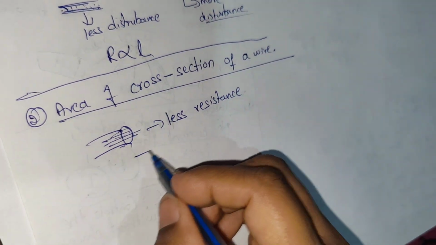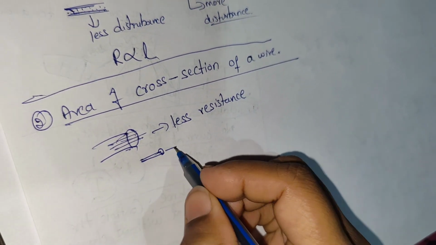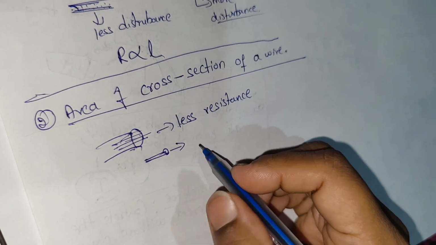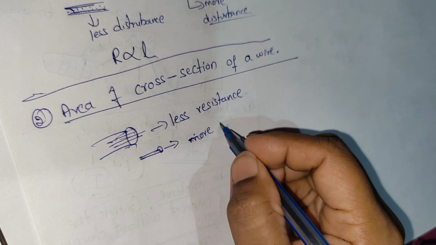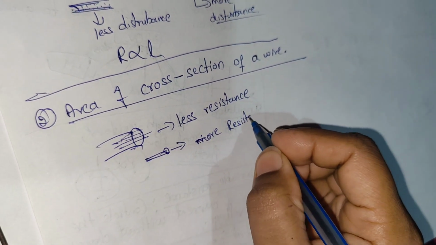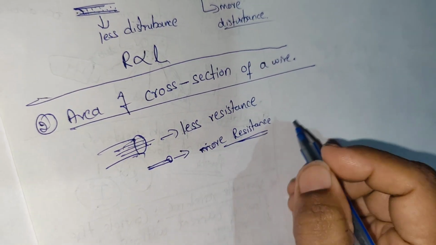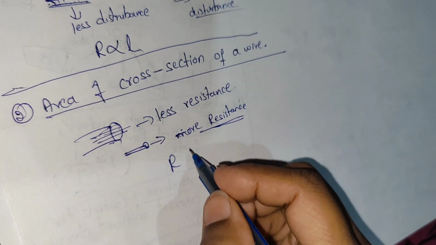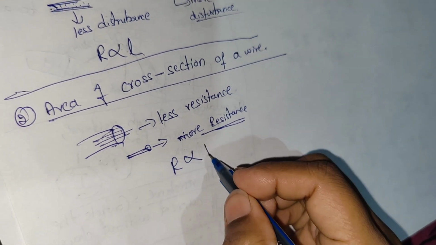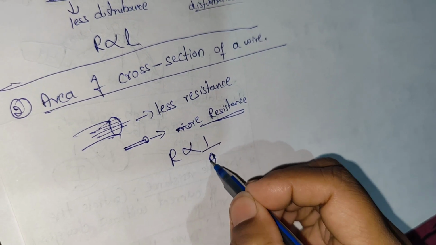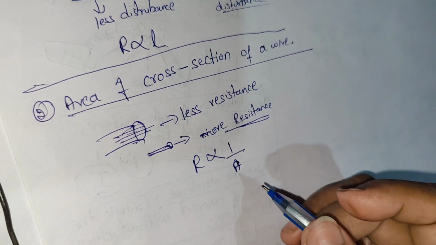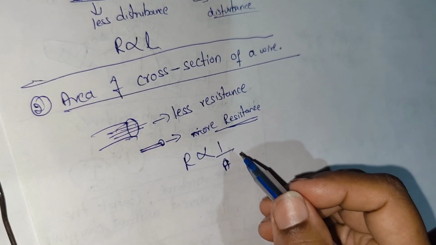If the wire is thin, electrons cannot pass easily. Thin wire means more resistance. Here current will not flow easily. So resistance is inversely proportional to area of cross section of that wire. Next